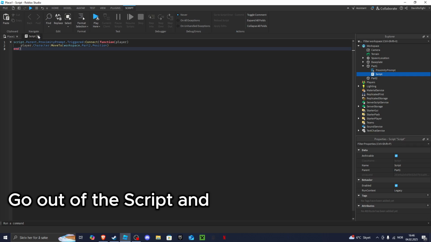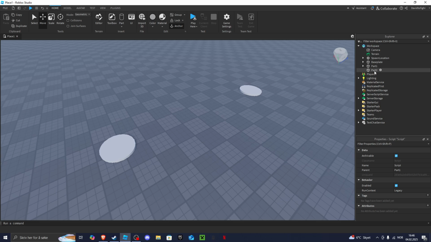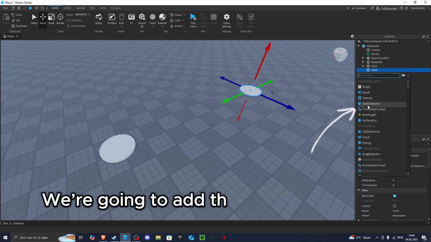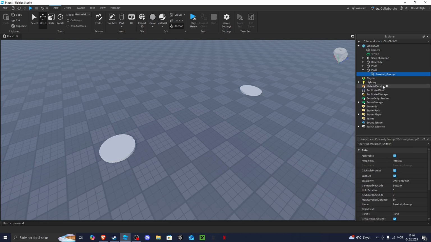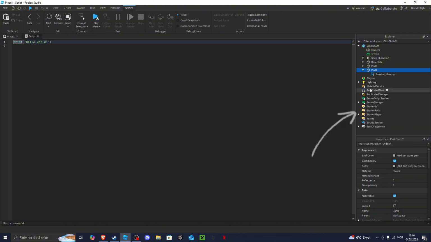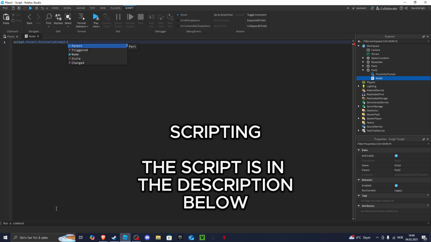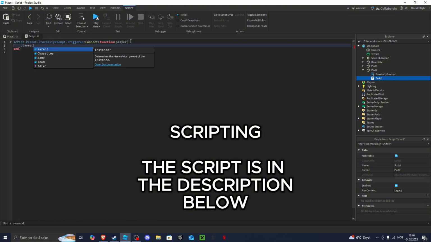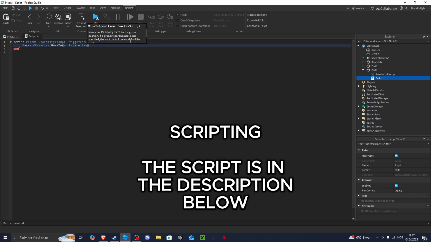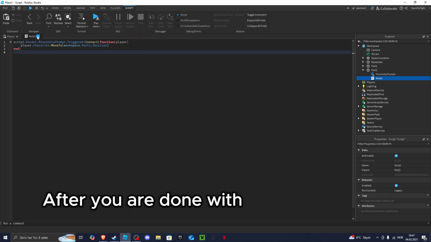Go out of the script and repeat the process again. We're going to add the proximity prompt, then a script inside Part 2. After you are done with the script, go out